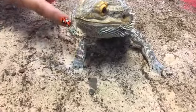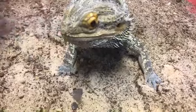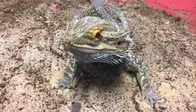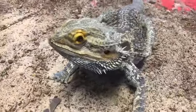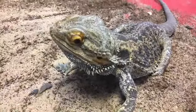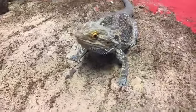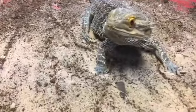And right now, these spiky scales are this beige color, but in between those spiky scales are a darker color. The reason why these guys are called bearded dragons is because they display a behavior that they use to protect themselves. And that behavior is blowing up their chin and making it nice and dark and black. And what that does is that it makes it look like he has a gaping mouth, a much larger mouth